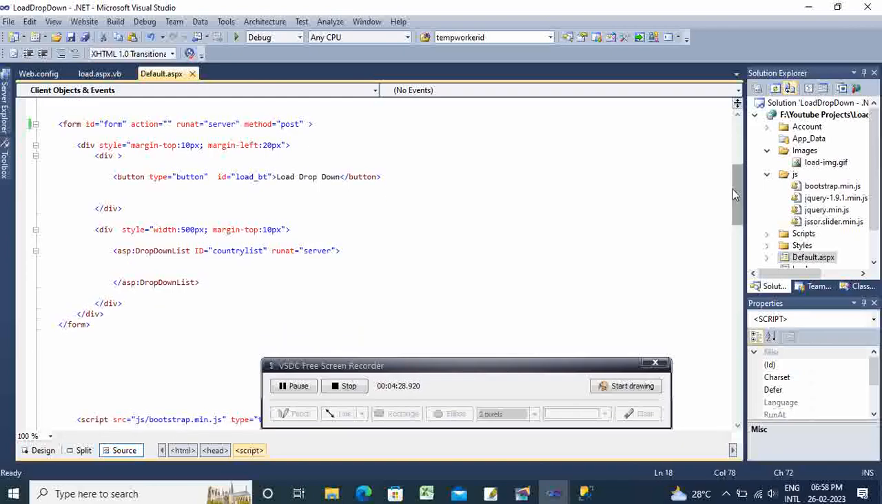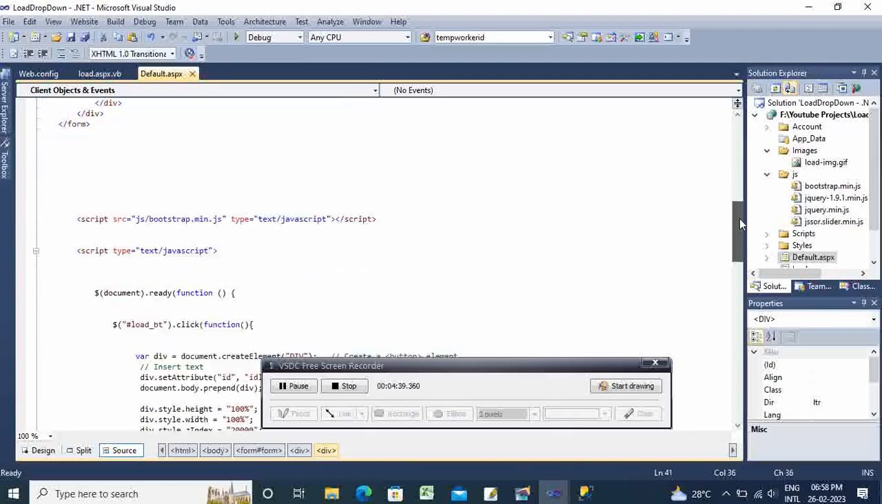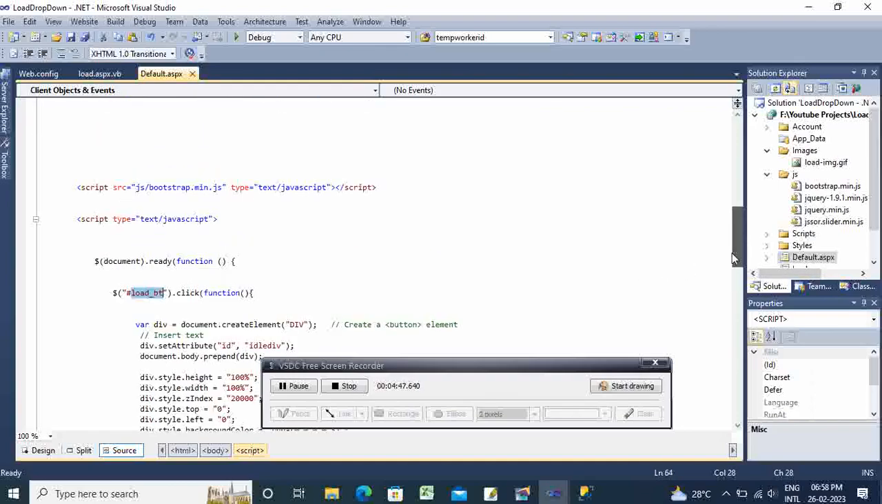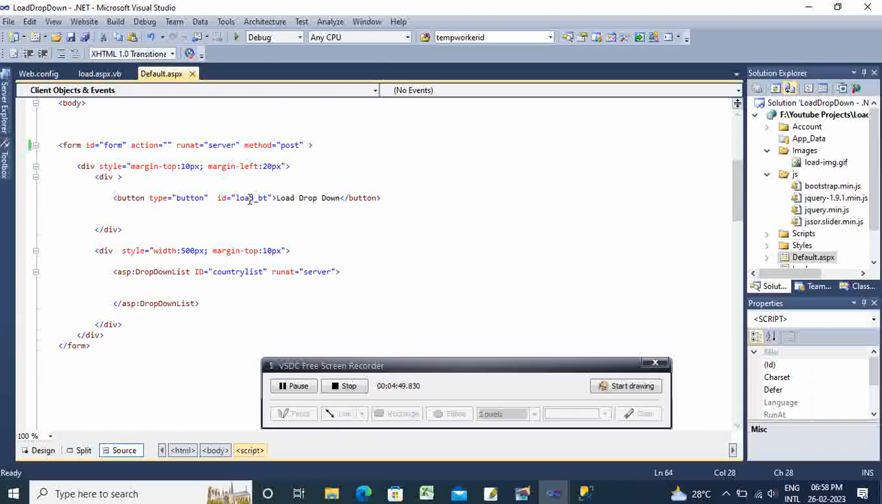So let's see the HTML part first. Here we have added a button control and a drop down list control. So let's see the jQuery part. Here document.ready, here load.bt.click. Load.bt means this control. So let's see how the project will look